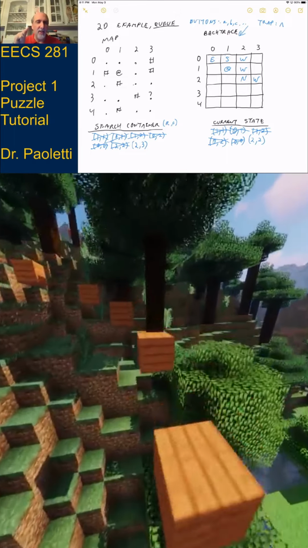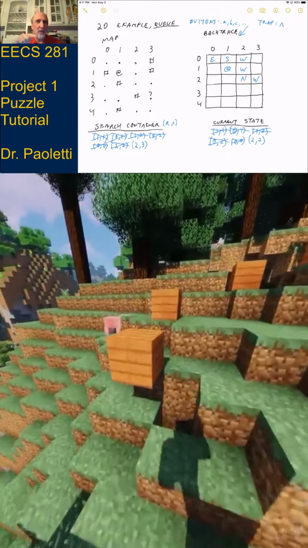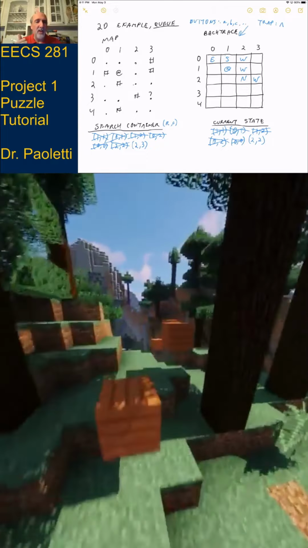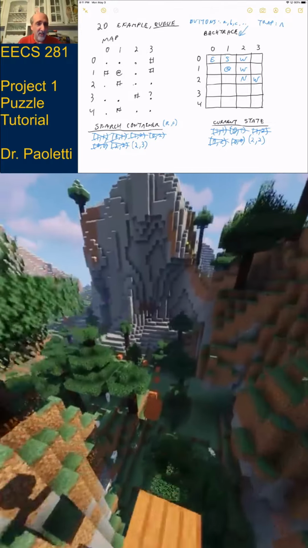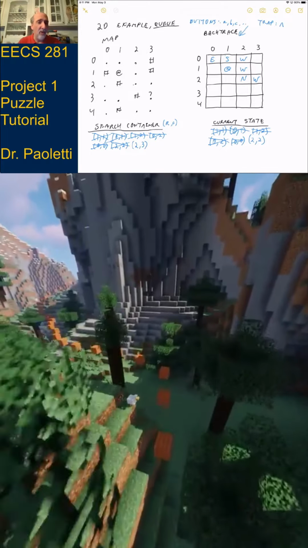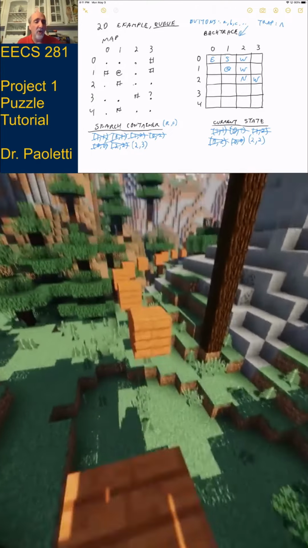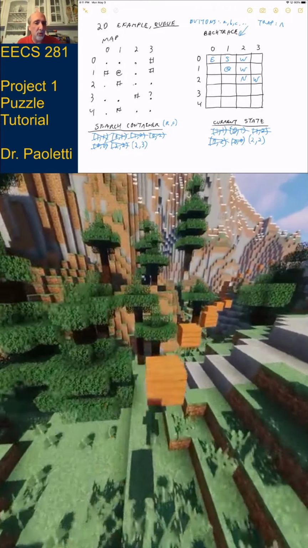All right, let's investigate, check to the west of us. So I look to the west of me and I say, well, west of me does exist. I've never stepped there before. Oh, but it's a number sign. It's a solid wall. I can't go there. All right, we're done investigating 2, 2.